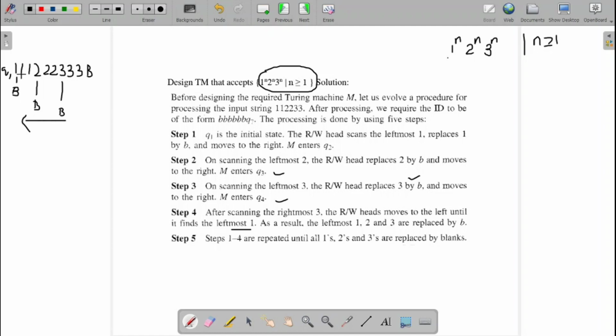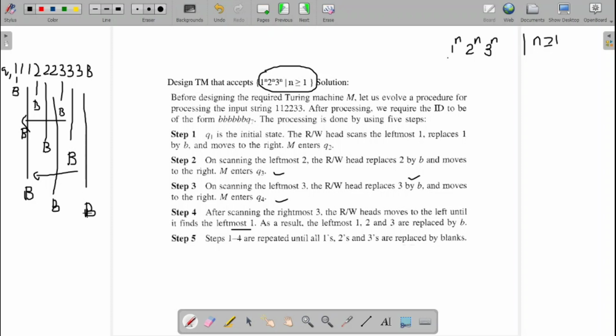Again I will take the leftmost 1. How do I decide the leftmost one? The symbol next to the blank will be the leftmost one. Again that one I will make a blank. Next I will go in search of the 2. The next 2 I will make a blank. I will go in search of the 3. The next 3 I will go in search of the blank. Again I will check whether I reached the end. If I have not reached the end, again I will go back. The next 1 I will make a blank, then the next 2 a blank, then the next 3 a blank. Next again I will check whether I reached the end. Yes, I reached the end. The next one is blank. So now I will go to the final state. This is the logic I am applying in this design of the Turing machine.